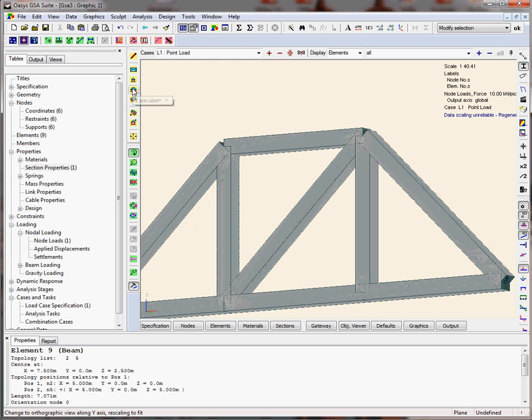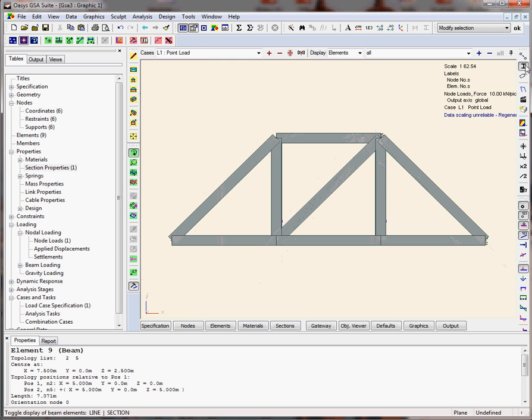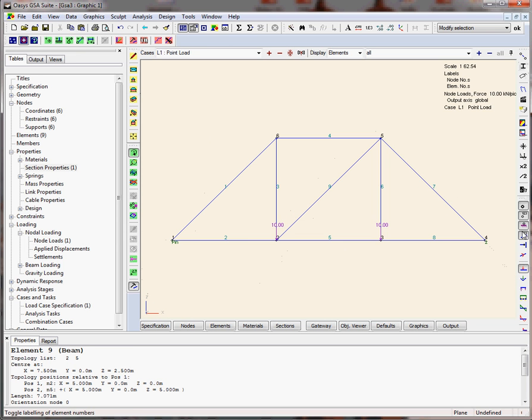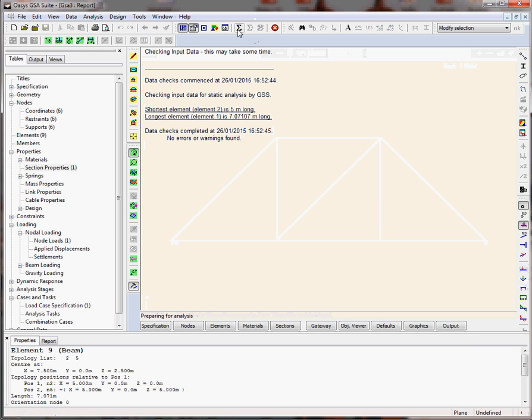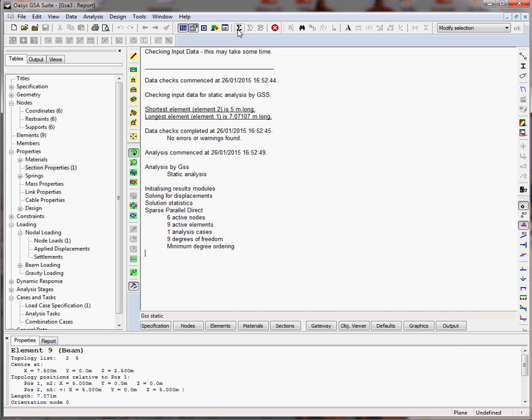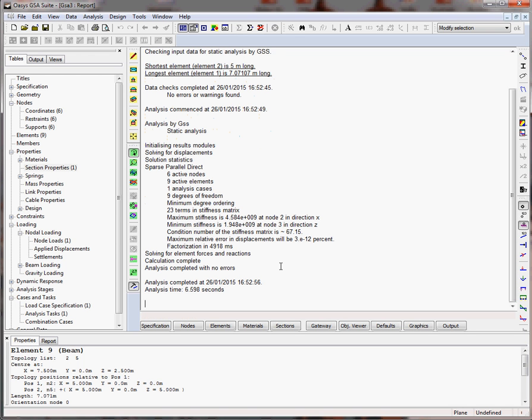Now we can return to our Y elevation, and we're going to eliminate the section display. We're also going to turn off the node display, the element number display and the loads. So at this point we're ready to analyze our truss. All we need to do is click on Analyze All. And once the analysis of the model is complete,